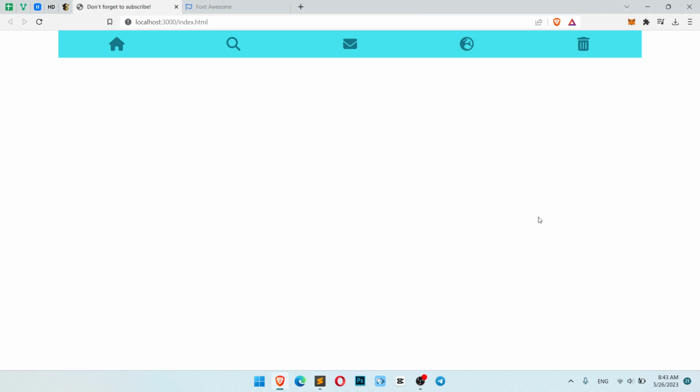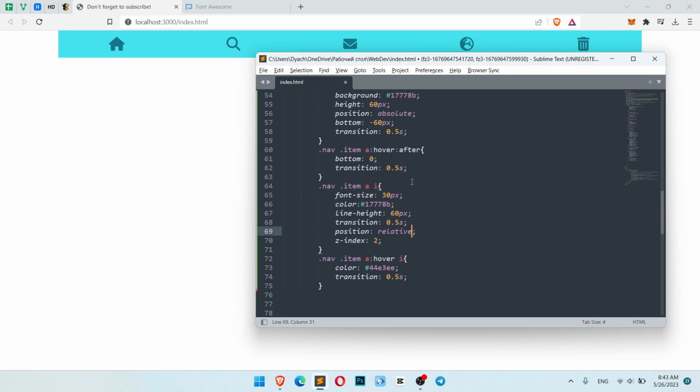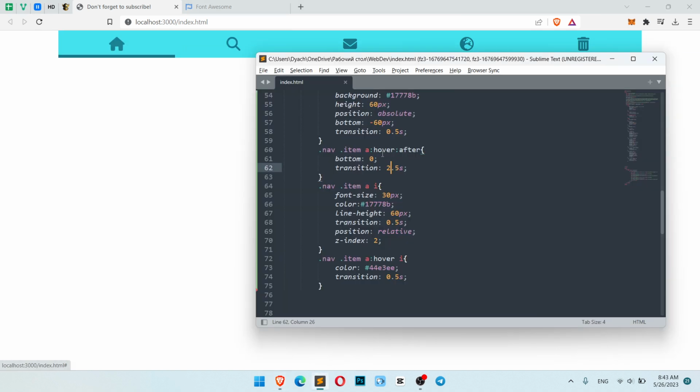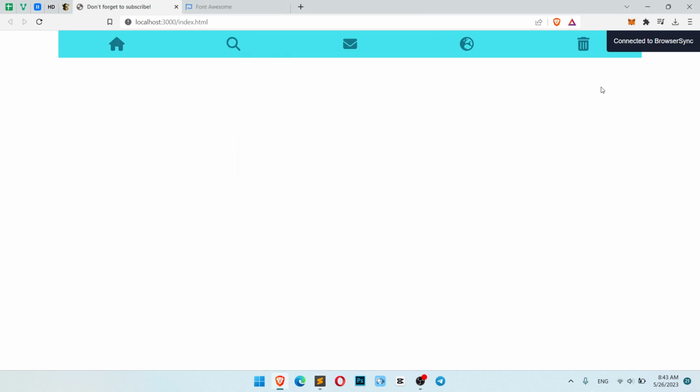Okay, so let's see how it works. Isn't it beautiful? What do you think? As for me, it's very beautiful. If you want, you can change the transition here by adding some more seconds, for example, like 2.5 seconds, so it's like slowly moving. Okay, but for a real website, half a second is a really smooth process. Okay, I hope